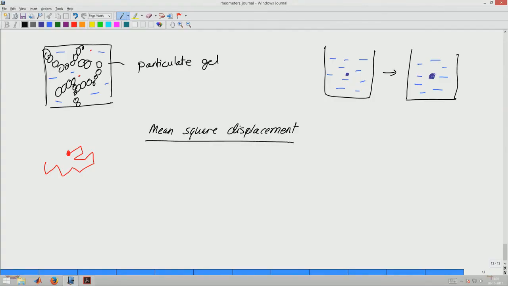each and every instant. Basically what you do is you take a video of the material of examination, and depending on the frame rate of the camera that you are using, you will get frames per unit time. So, 30 frames per second or 100 frames per second, or even 10,000 frames per second if it is a very fast camera, and so on. And so, then image analysis will have to be done to figure out where the particles are and how they are moving. So, what is captured is the mean square displacement of particles, and mean square displacement is